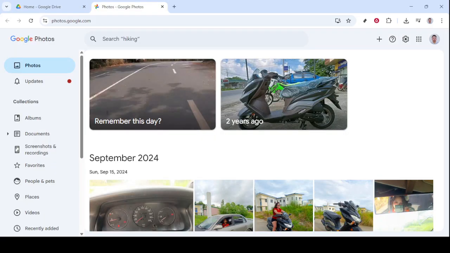Google Photos is an excellent tool for storing, organizing, and sharing your photos and videos. This platform also features powerful search capabilities and photo editing tools. Directly on the Google Photos homepage, look for the Photos section and click on it. This section is where you'll find all the photos you've uploaded